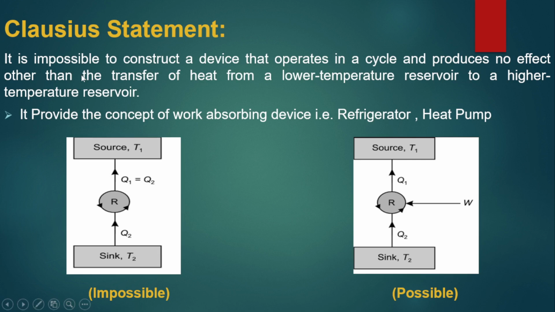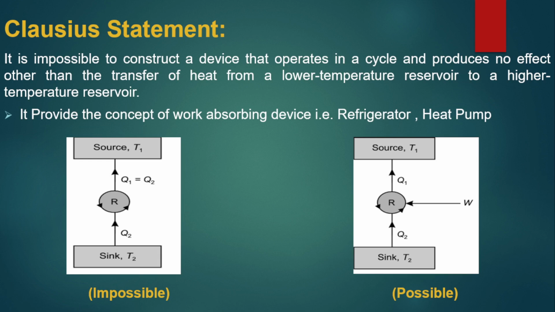It is impossible to construct a device that operates in a cycle and produces no effect other than the transfer of heat from the lower temperature reservoir to the higher temperature reservoir. ये कभी भी पॉसिबल नहीं हो सकता है कि हीट ऑलवेज फ्लो फ्रॉम द लोअर टेम्परेचर टू हायर टेम्परेचर विदाउट एनी एक्सटर्नल इनपुट। इफ दिस कैन बी पॉसिबल, इट मीन्स वायलेशन ऑफ द क्लॉसियस स्टेटमेंट।